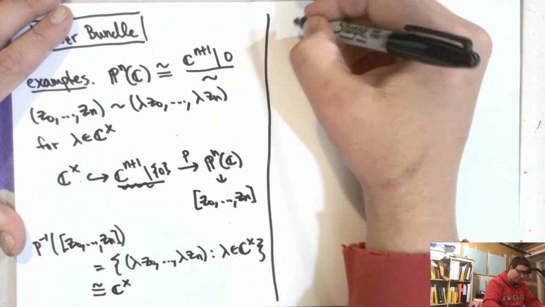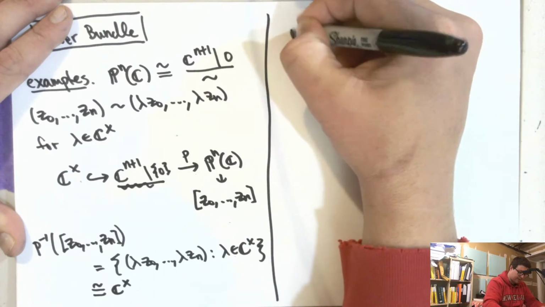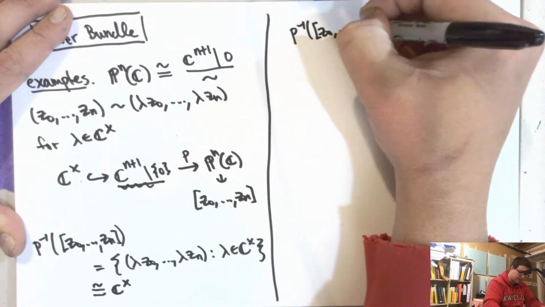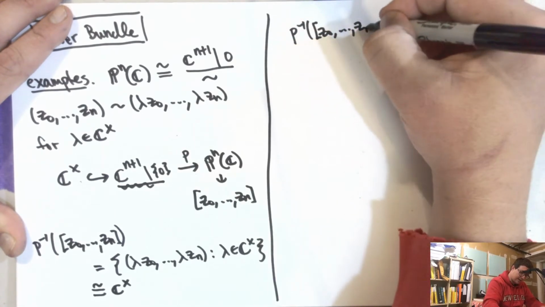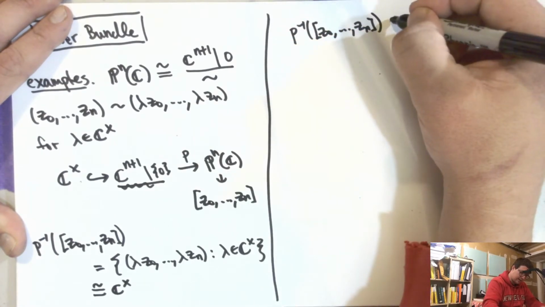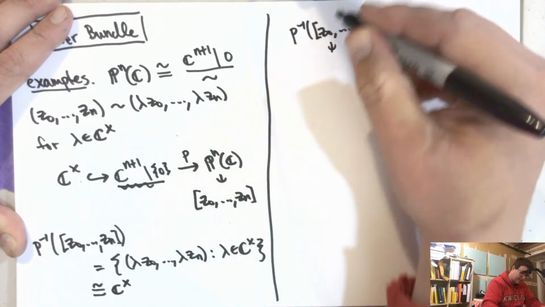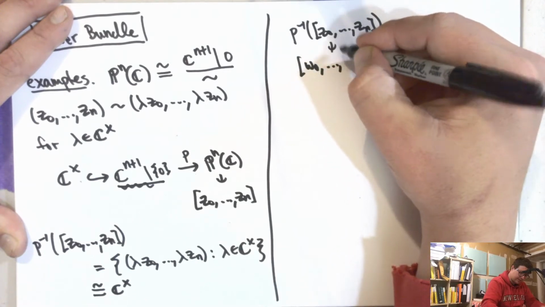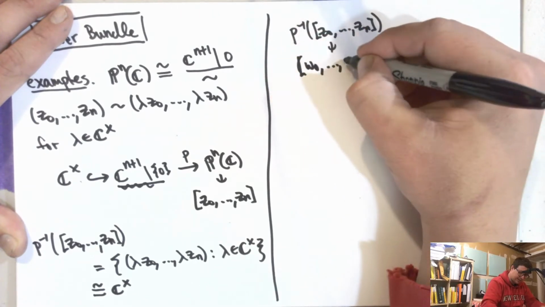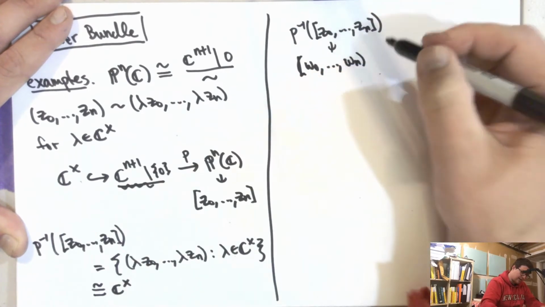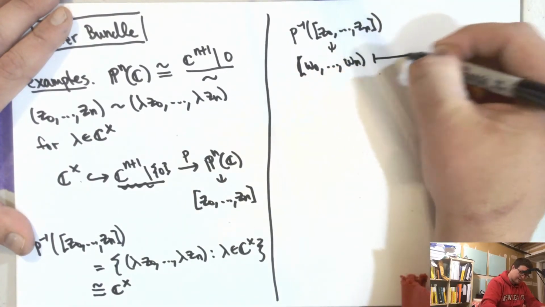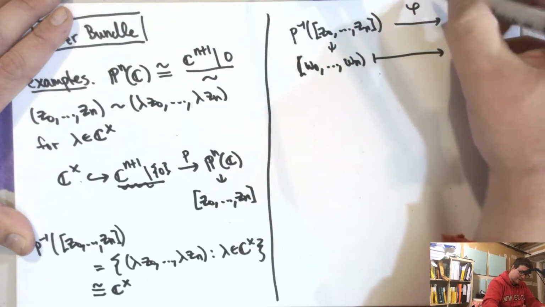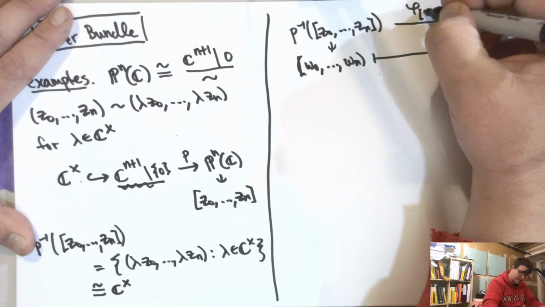A map from P inverse of z0 to zn would be, if I took an element here, w0 to wn, so this would be the unique, so we go like this, and this is a map that depends on z0 to zn,